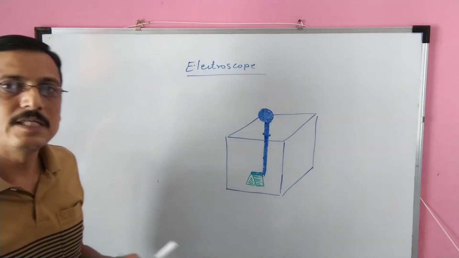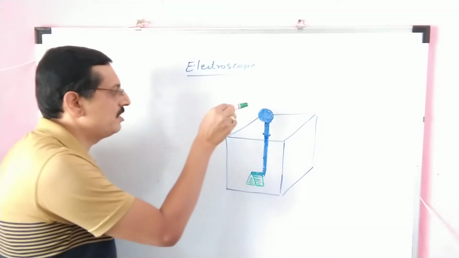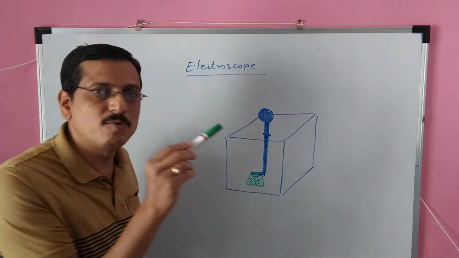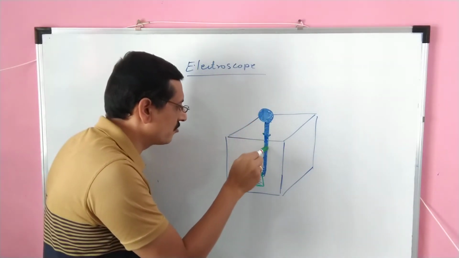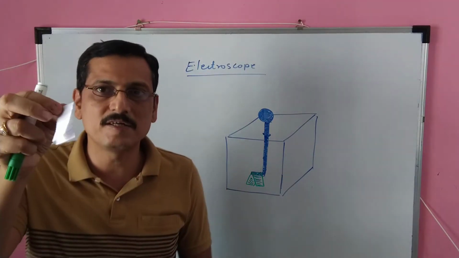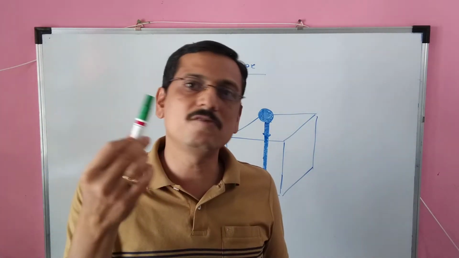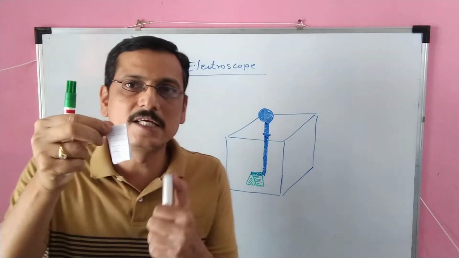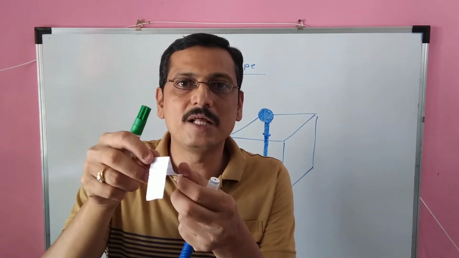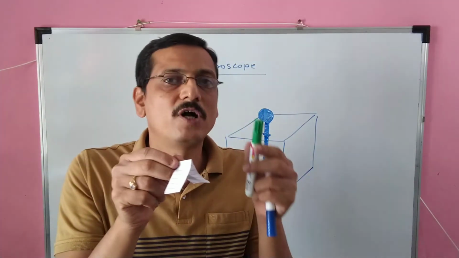Now what I will do is, say I want to check whether this body is a charged body or not. What you have to do is just touch this knob. As soon as you touch this knob, whatever charge is present on this body will pass through this metal rod and get collected on the foil we have placed. When charges come on it, either the body is positively charged or negatively charged, so on both sides there will be the same charges. So they will repel each other, and because they repel, these two sides will move away from each other, which confirms that this body is a charged body.